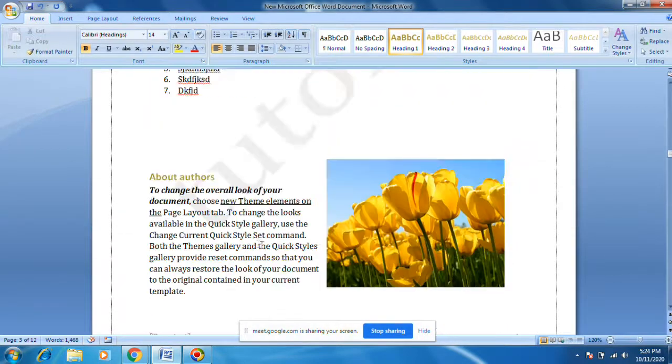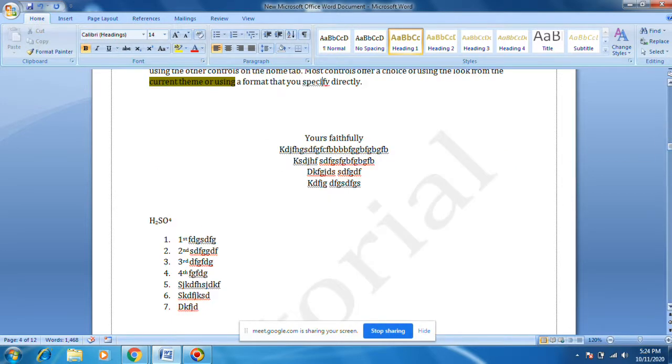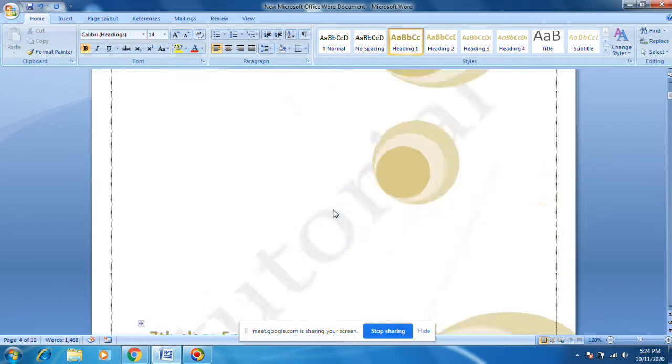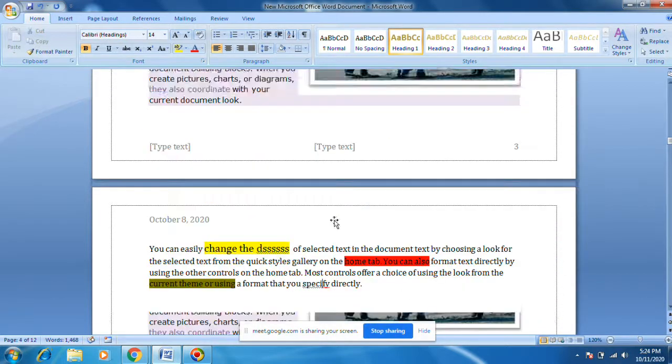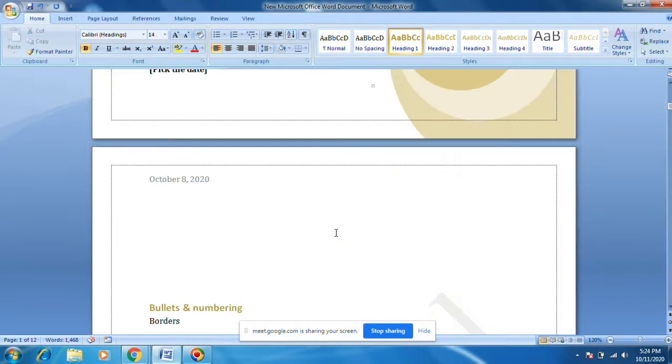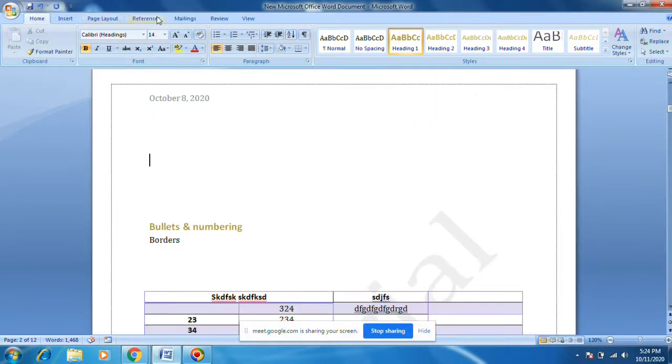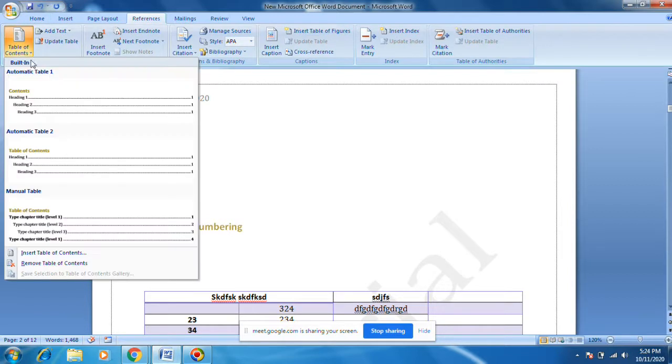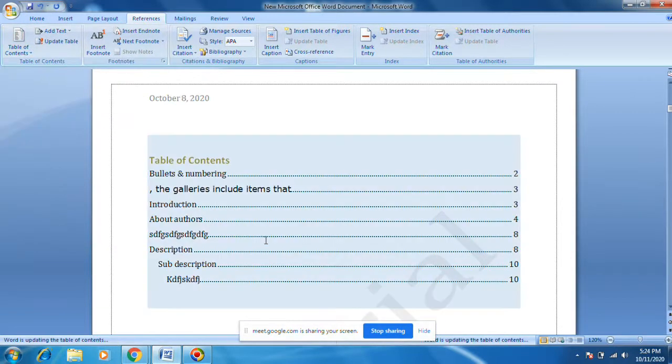All the headings will come here. Okay, reference, table of contents. All headings, this is heading 1, this is heading 2, this is heading 3. Like this the indent will be. These are called table of contents.